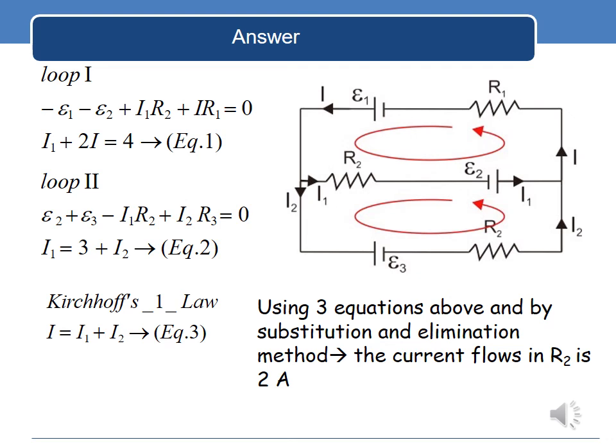The direction of I1 is opposite to the direction of loop 2, so you have minus I1 times R2. And what about I2? The direction of I2 is the same as loop 2, so plus I2 times R3. Having those two equations, you can simply use algebra to solve for the